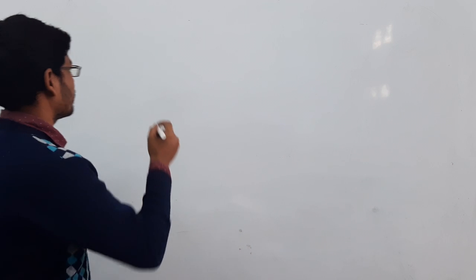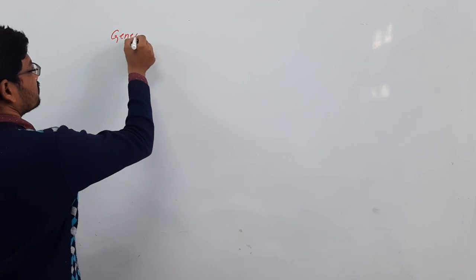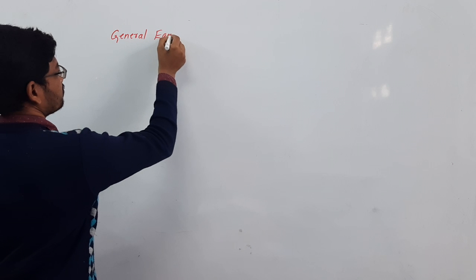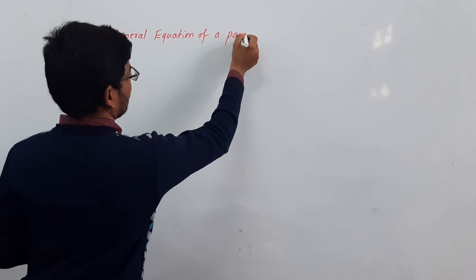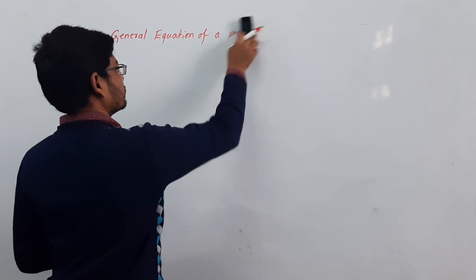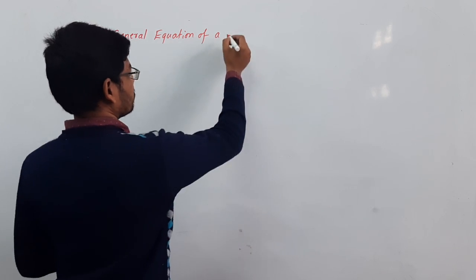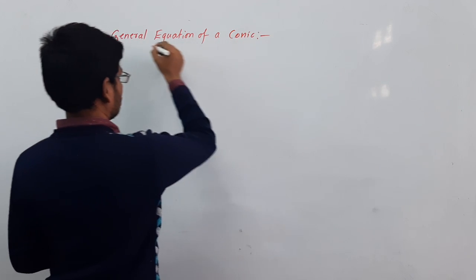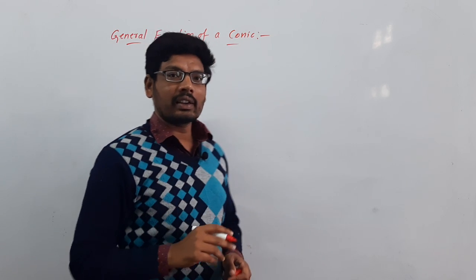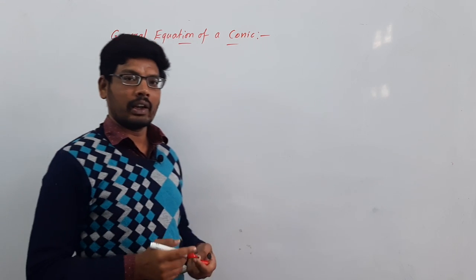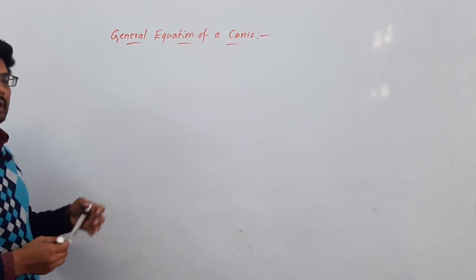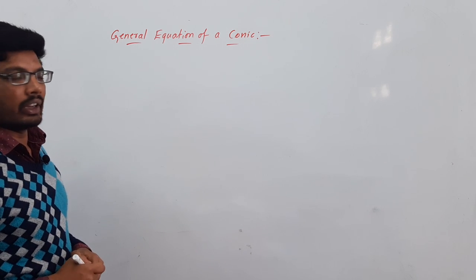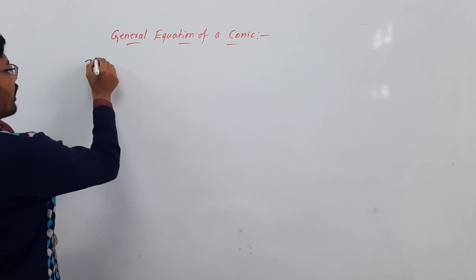In that, the first topic is the general equation of a parabola. General equation of a conic. First of all, we discuss conic. In earlier classes we discussed the conic section, the introduction of a parabola, and the standard form of parabola. Based on that, we have the general equation of a conic, that is, if the point